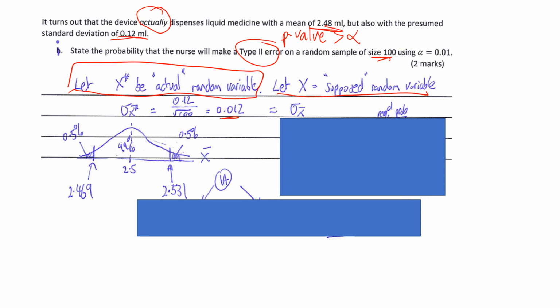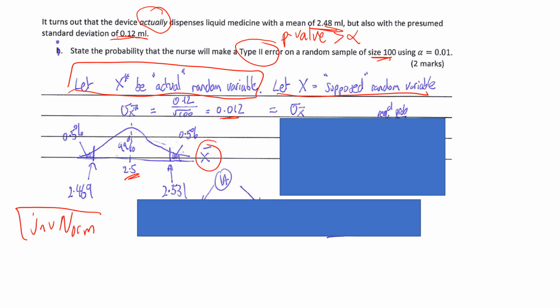Okay, so let's go to our x bar, the supposed. So we're working with the supposition that it has a center of 2.5, and with the standard deviation of 0.12, but 0.12 divided by the square root of 100 gives us the sampling distribution of x bar, and this is what we're working with. So we're working with the understanding that it falls under these parameters. So here it is, our center of 2.5. What I need to do is use our inverse norm